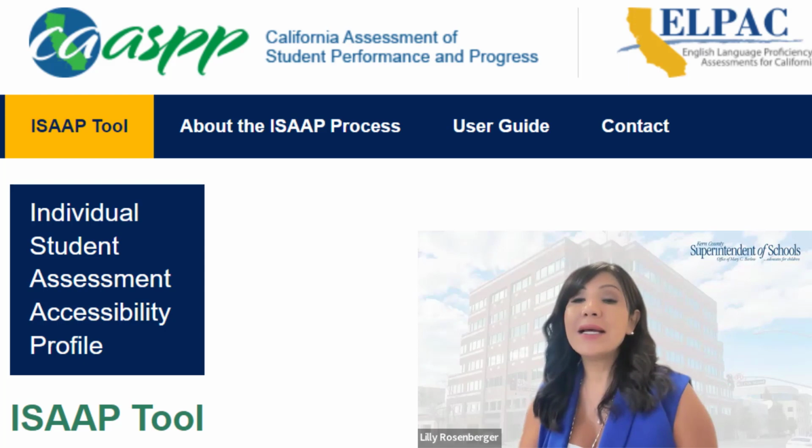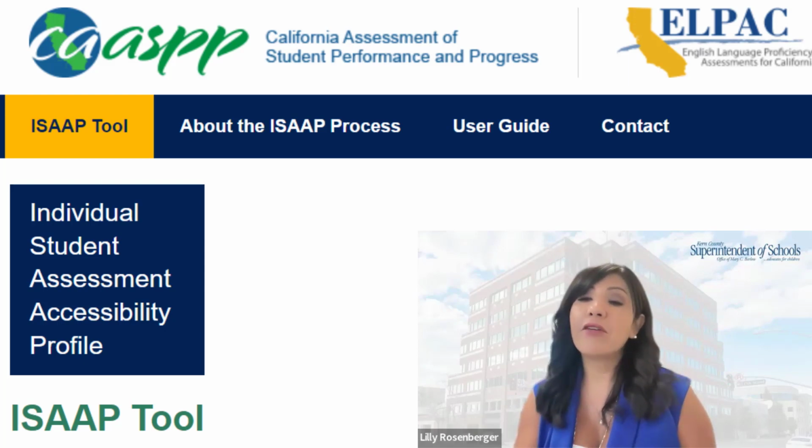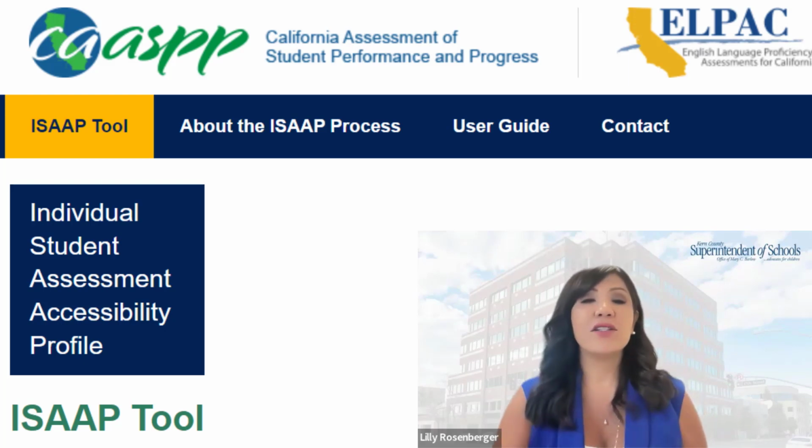Keep in mind that the ISAP tool is not a requirement for identifying accessibility resources, but just one of several options available to LEAs. The ISAP tool is now available online for LEAs to use.